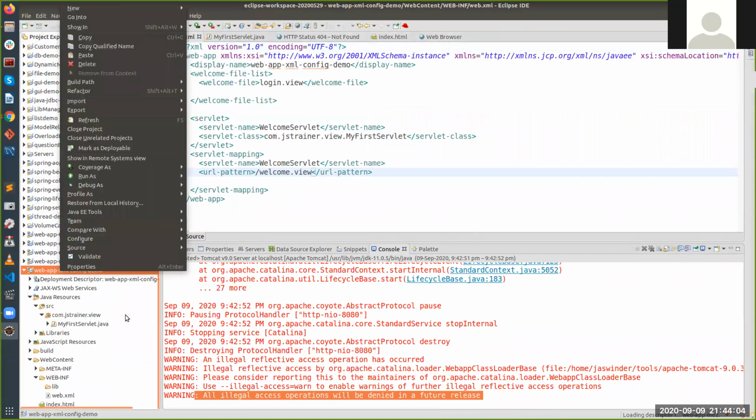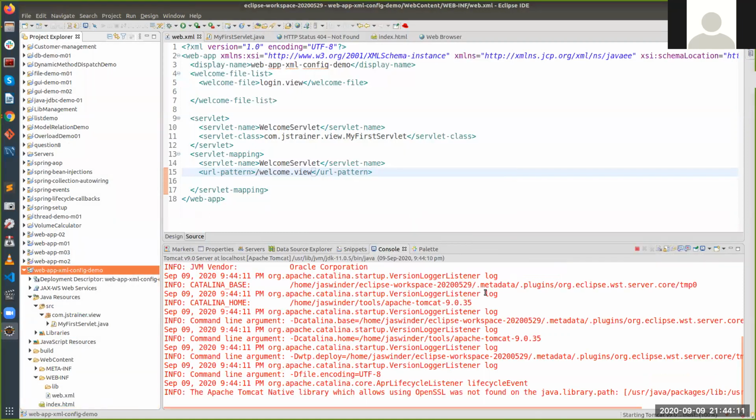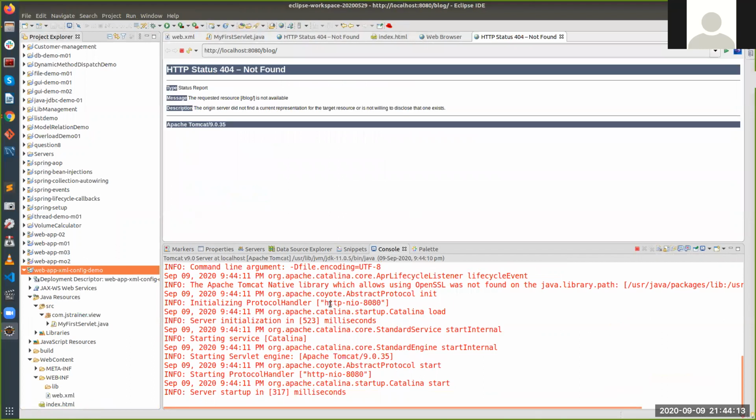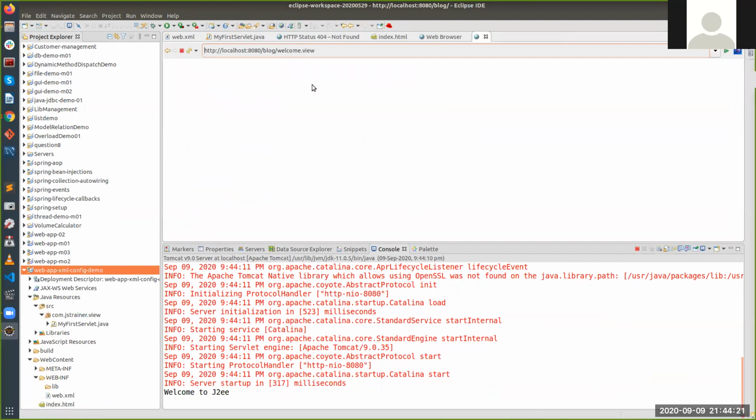All right, let's redeploy this. Run as, run on server. Yes, now it is good. So we can give a call to welcome.view. Right, so you can see your web page is empty.